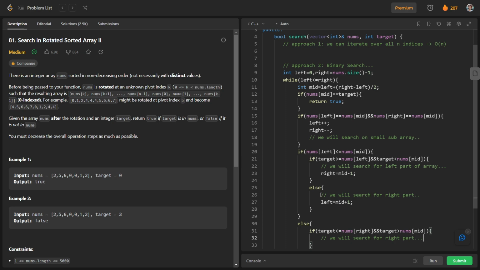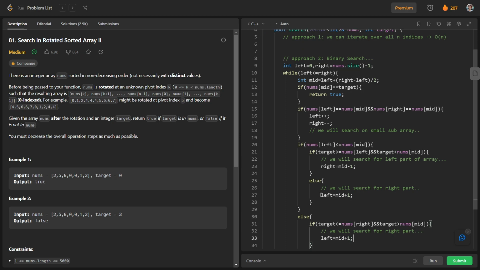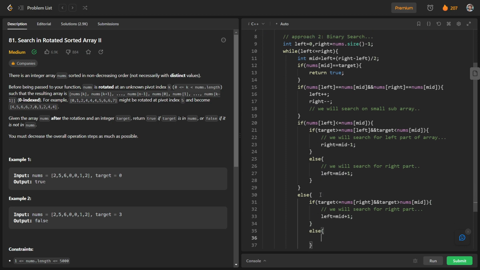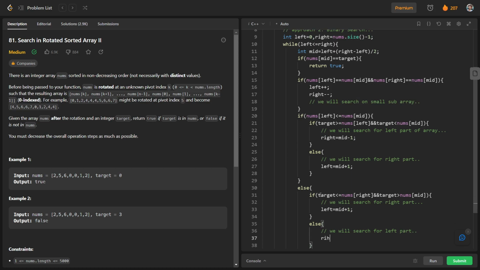That's why left is equal to mid plus 1, and otherwise we will search for the left part, and that's why we will have right is equal to mid minus 1.